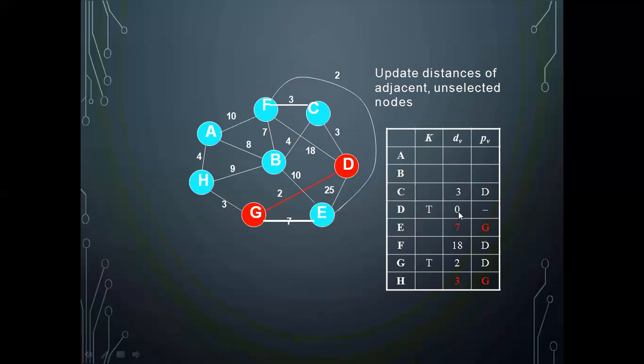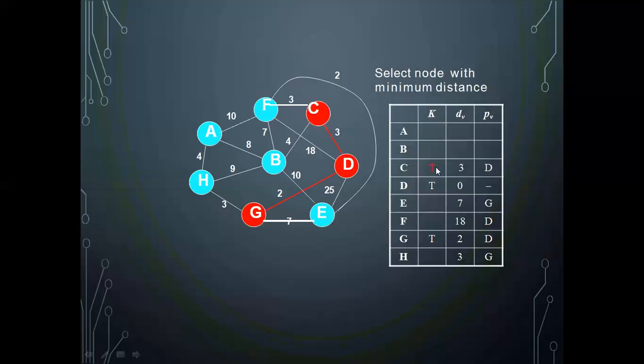Now I should see out of all these things which is having the minimum weight and which is not the part of the spanning tree. This field if T means it is already the part of the spanning tree. Which is the minimum weight? 0 is the minimum but is already the part of the spanning tree. And 2 is the minimum that is already the part of the spanning tree. Other one is next minimum is 3. Here also you are having 1, 3. Here also you are having any one you can select and you can add that.